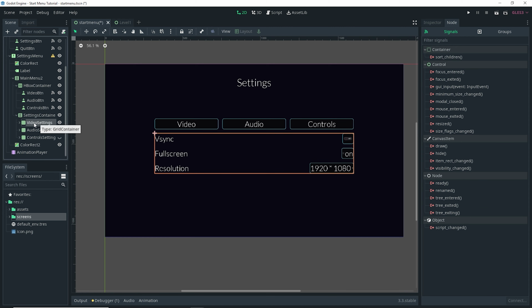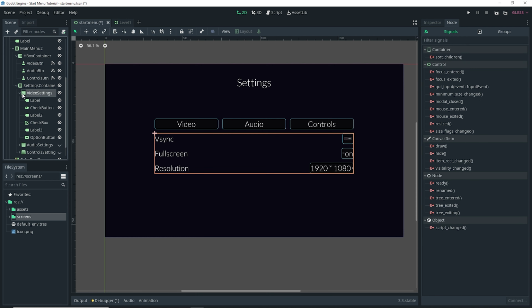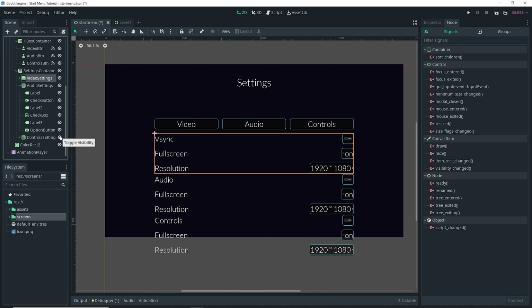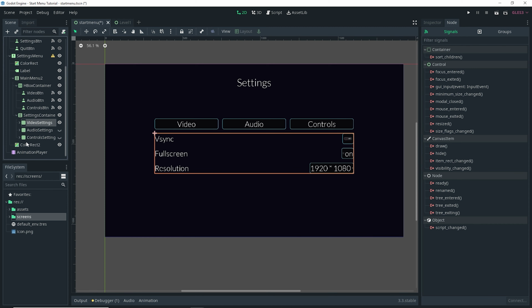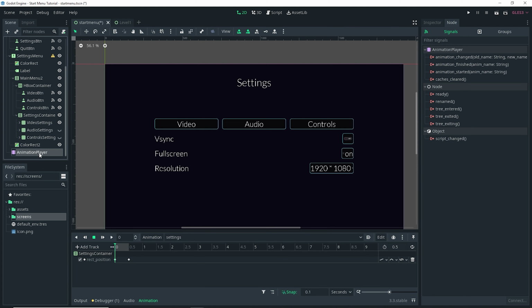So the settings are a grid container. And inside the grid container, there's a bunch of things such as labels and check buttons and so forth, essentially all the different settings. And it's the same thing for the audio settings and the control settings. I'm hiding the control settings and the audio settings by default so that it doesn't just keep going down. And then the control rect here is just serving as a means to hide the settings coming in